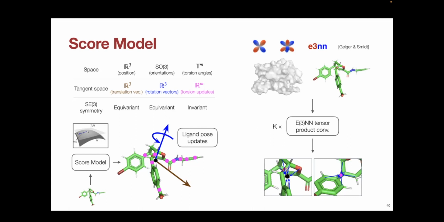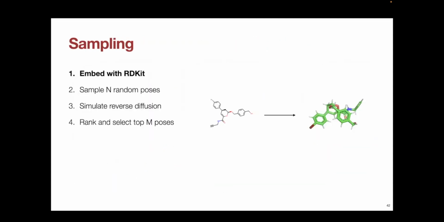All of this is done with a particular kind of message passing neural network, which I will not get into the details of. But the upshot of all of this is that the generative process looks something like the following. Similar to Glide or Vina or Autodock or any of these very well-established docking tools, the input to our method is again going to be a conformer, either from RDKit or maybe from the Cambridge crystallography database if you prefer that. And what our model will then do is it will first sample